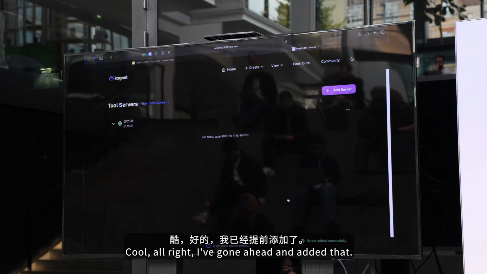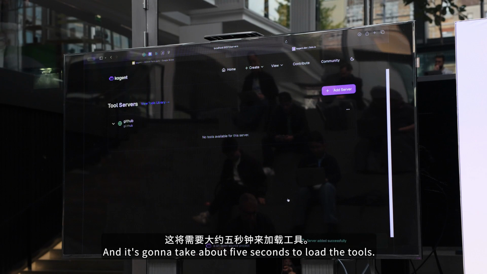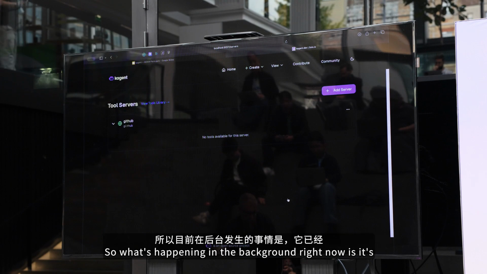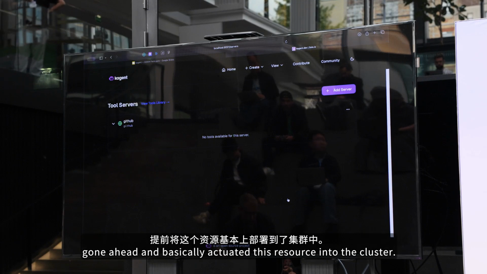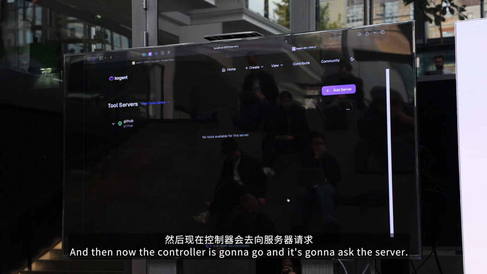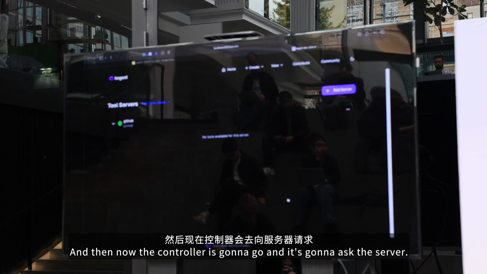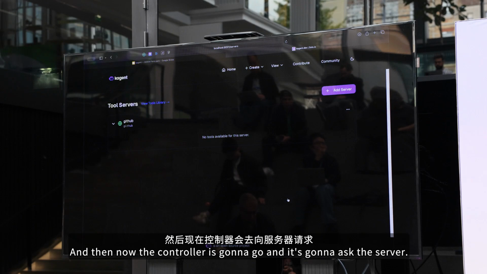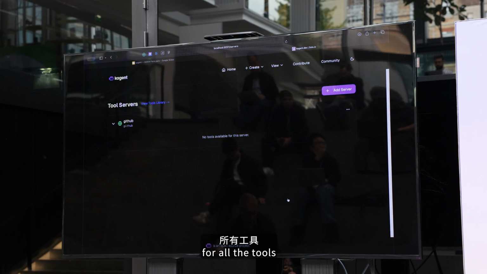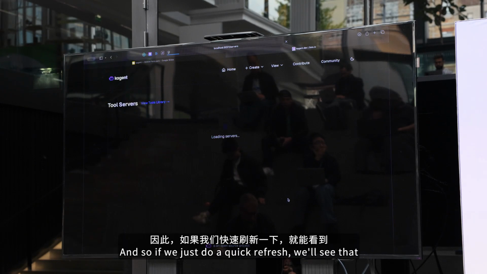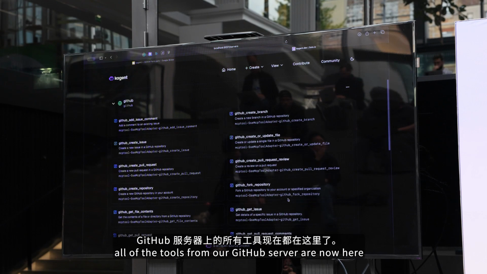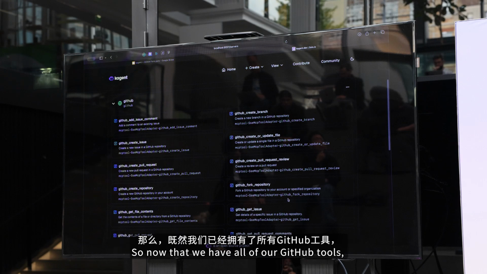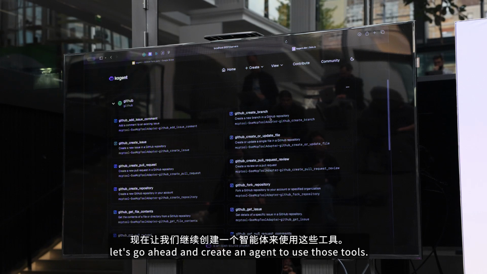All right, I've gone ahead and added that. It's going to take about 5 seconds to load the tools. What's happening in the background right now is it's basically actuated this resource into the cluster. And now the controller is going to go and ask the server for all the tools. So if we just do a quick refresh, we'll see that all of the tools from our GitHub server are now here. So now that we have all of our GitHub tools, let's go ahead and create an agent to use those tools.